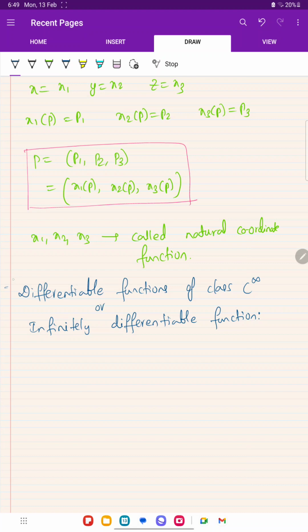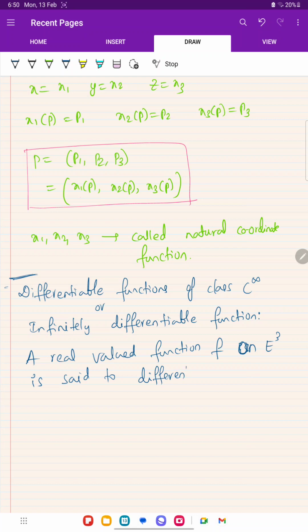So let's see the definition. A real valued function f, which is taken on E3, as we are considering only Euclidean 3-space, is said to be infinitely differentiable, provided